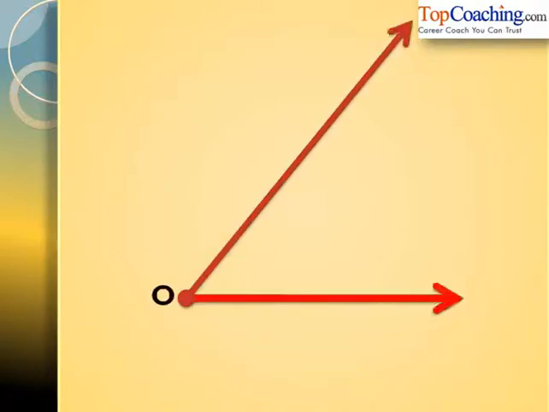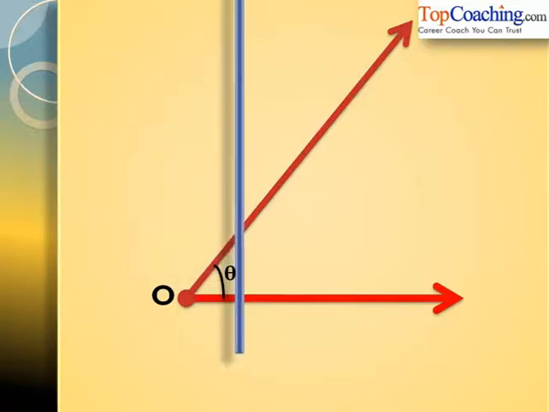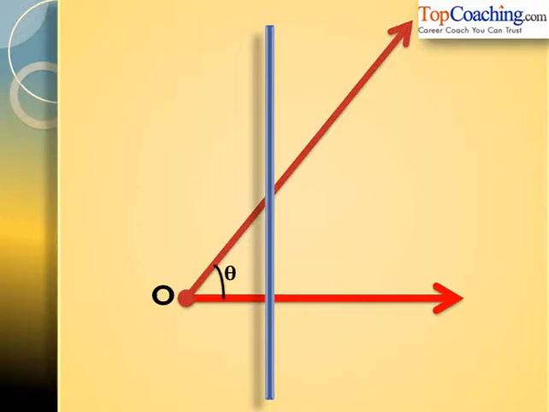Let us say that this is angle theta. So this figure represents an angle with the vertex as O. Now if we place a vertical straight stick over this angle theta, and we take this length to be equal to 3 units and the length of this side as equal to 4 units, then this length would be equal to 5 units using the Pythagoras theorem. So now in this triangle we see that the base is equal to 3 units, height is equal to 4 units, and the hypotenuse is equal to 5 units. So let's start to calculate the different trigonometric ratios for this triangle.